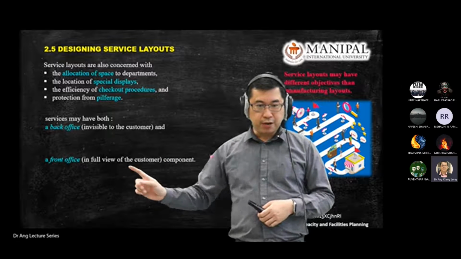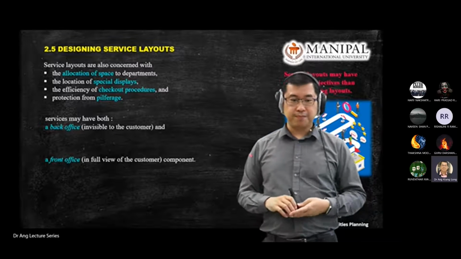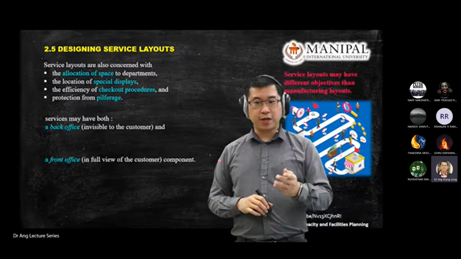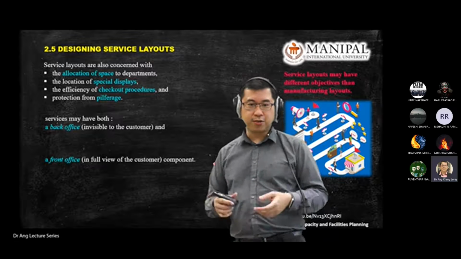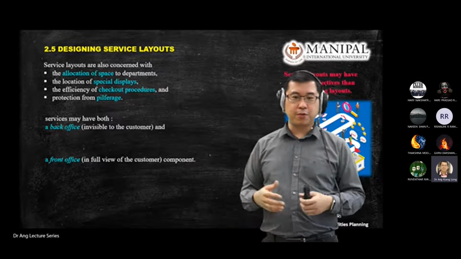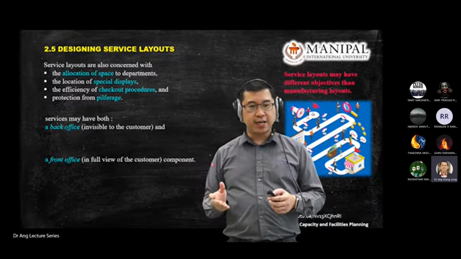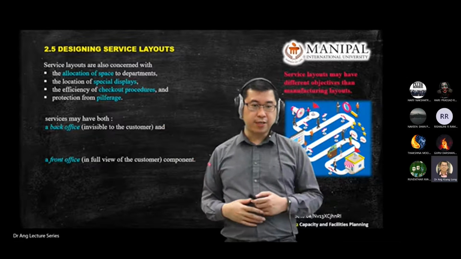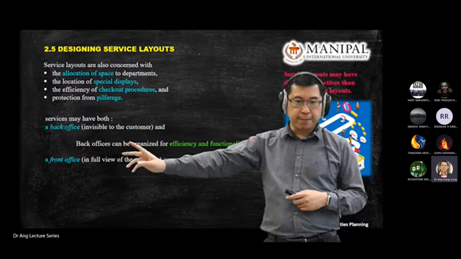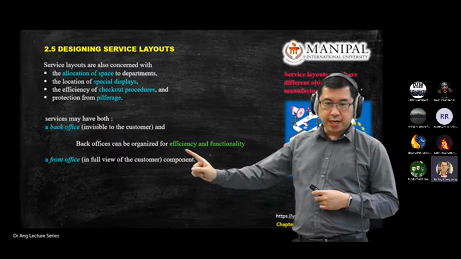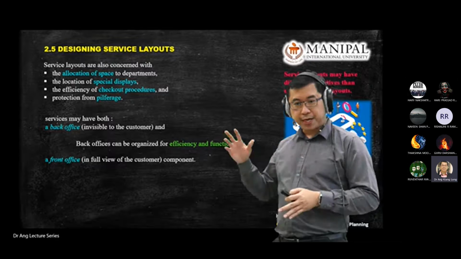The next one is the front office, where you have customer service. Front office, the most obvious one is the hotel industry. Right? When you walk in, the first thing you see is the service officer, the check-in counter. So it depends from operation to operation, but these are the words used when they design the service layout. Either you're having a back office setup or the front office setup. Those having a back office setup are going for efficiency and functionality, meaning they have an operation running behind